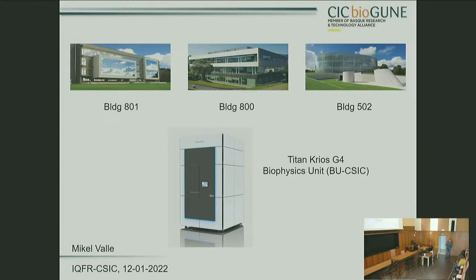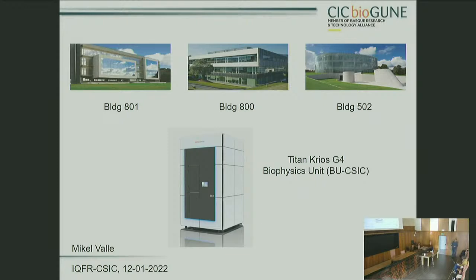This is more or less the distribution of our center or institution in the Biscay Technology Park. We are distributed in 3 different buildings. The mother building, which is more or less dedicated to cell biology. The building 800 where we are is the hub for structural biology. We have X-ray crystallography, NMR, and electron microscopy, and we have another additional group in another building with a special setting, as for instance, a P3 to work with prions. So this is the distribution that we have.